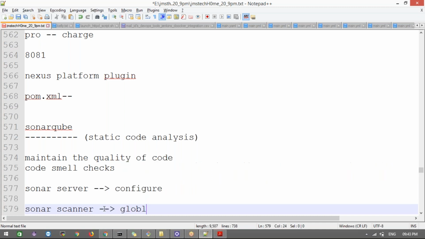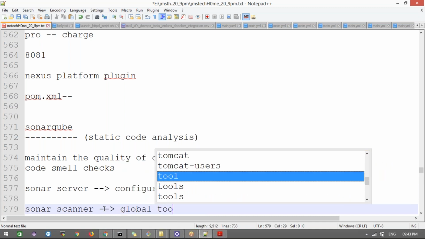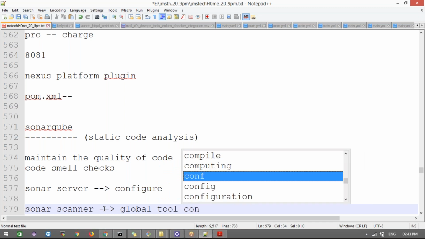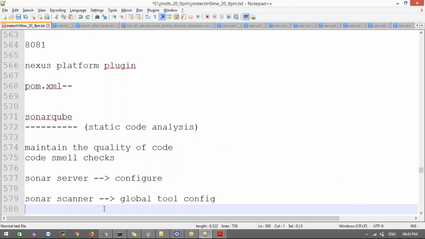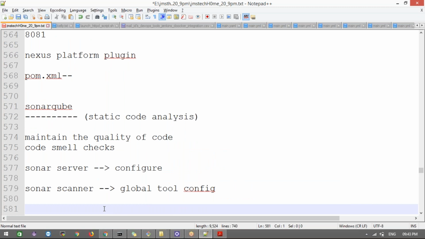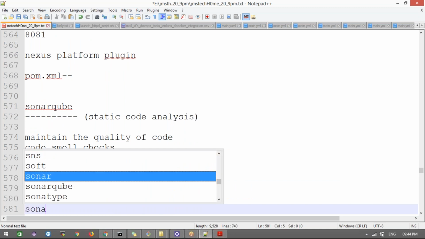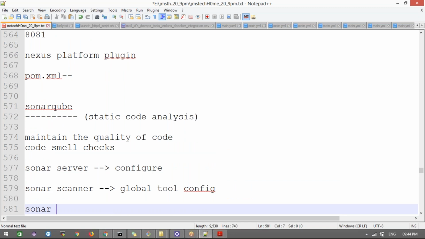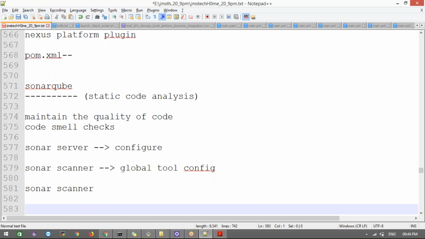Inside Global Tool Configuration we need to configure this sonar scanner, and then we need to install some plugin. The Sonar Scanner plugin needs to be installed if you want to integrate with Jenkins. This is the main thing, and it will also follow the sonar